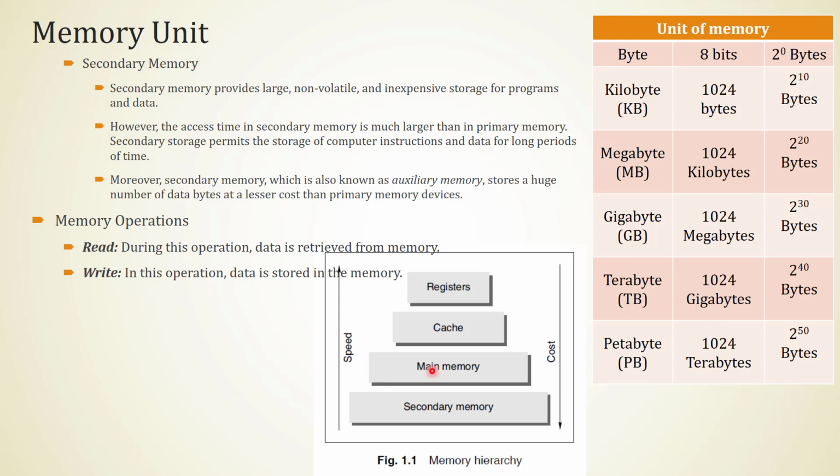Just look at this diagram, which shows the memory hierarchy. Register means memory inside the processor. That is the fastest memory and also the cost is high. Next is cache. Cache is actually a memory block between main memory and registers, or RAM and registers. Generally it is used to store frequently accessed data. Next is secondary memory. So when cost decreases, speed decreases. One more thing: when we look from top to bottom, the size of the memory will also increase.